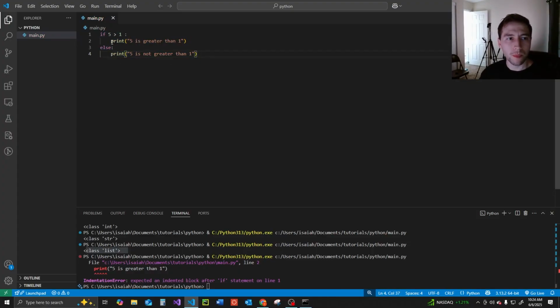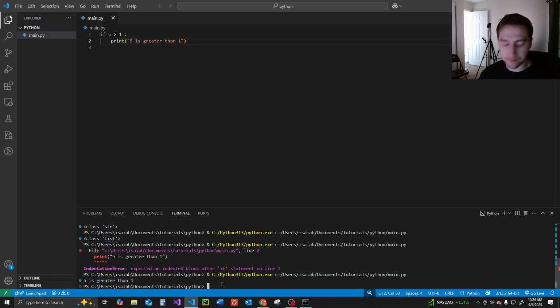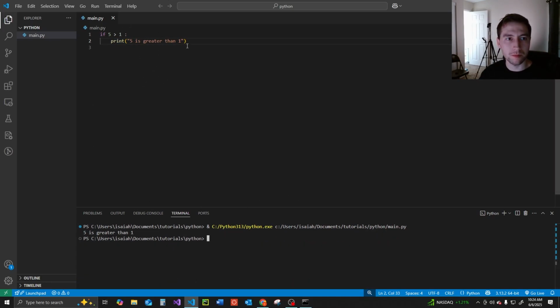And then we have else here. We don't actually need any of this. You can just have this, and you turn that off or something because it's distracting. So we could do if 5 is greater than 1, it's going to print 5 is greater than 1. And you'll see that it does print that. Just to show it more clearly, that's basically a conditional. We can also get rid of this and show